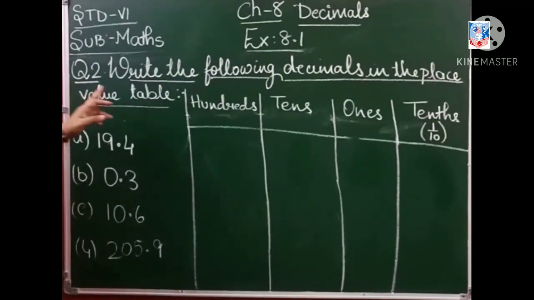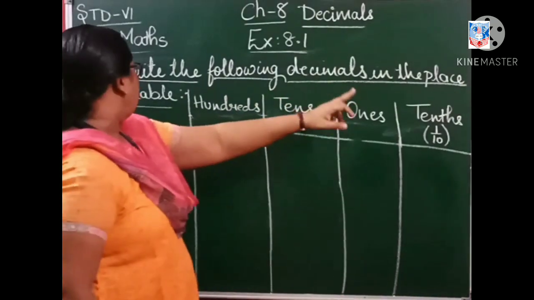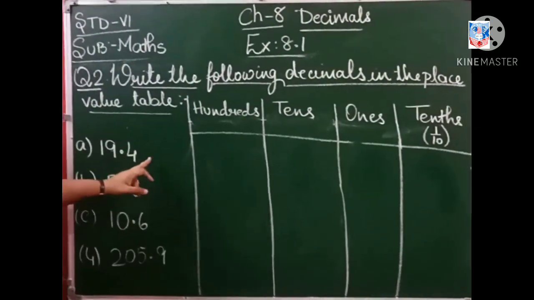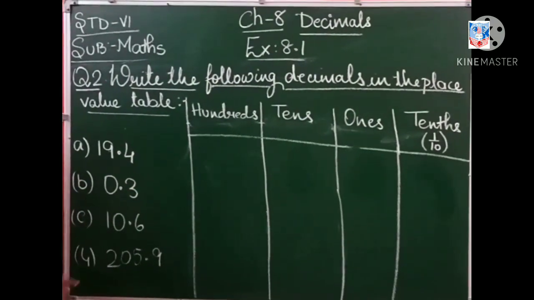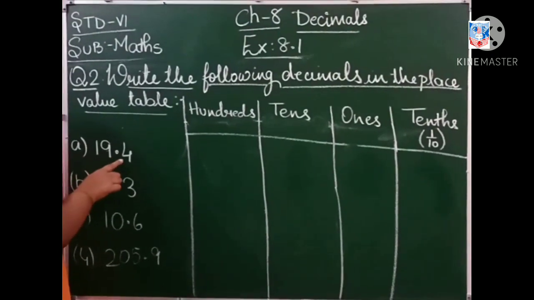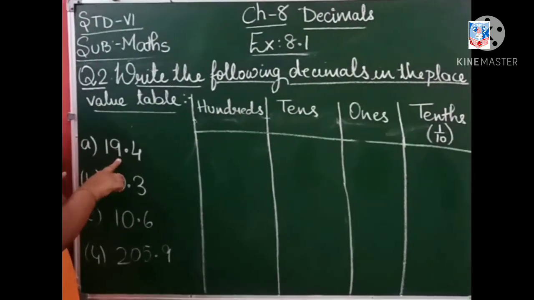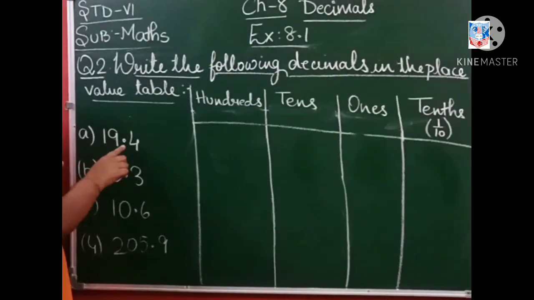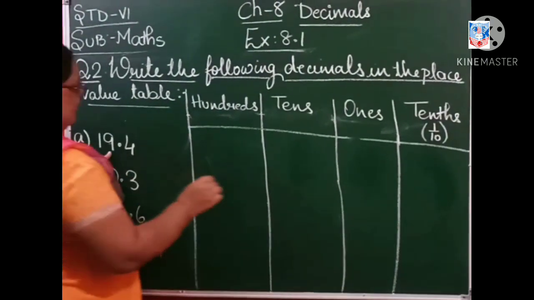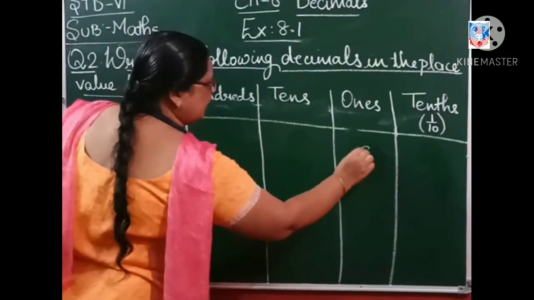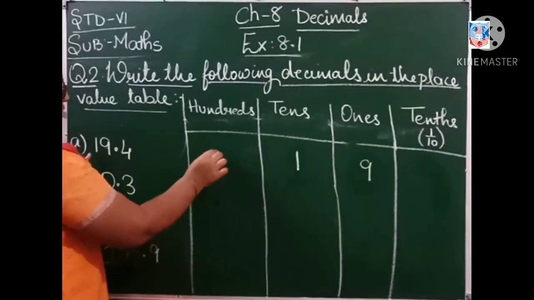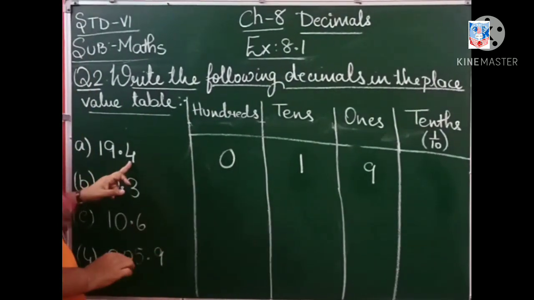Question number 2. Write the following decimals in the place value table. A. 19.4. Here you have to write the place value of the decimals. Now see, before decimal point, this is ones, this is tens. And after the decimal point, this is tenths. So we will write here 9 ones, 1 tens, 0 hundreds and 4